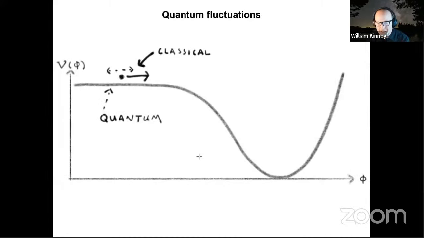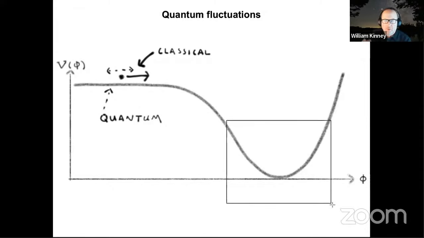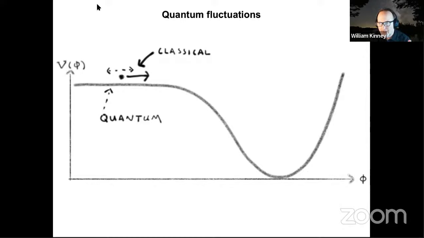So the basic idea of perturbations and inflation is as follows. So far we've been talking entirely about classical evolution. So we have the scalar field potential that has a plateau up here that is flat, that supports a long period of inflation, which is what we need in order to solve the horizon and flatness problems. And today we'll make that quantitative, how much inflation we actually need. And then down here you have some sort of minimum where it oscillates about the minimum. It has a true vacuum, and oscillating about the minimum, it reheats and so on. So we've talked about the classical behavior in the first part of these lectures.